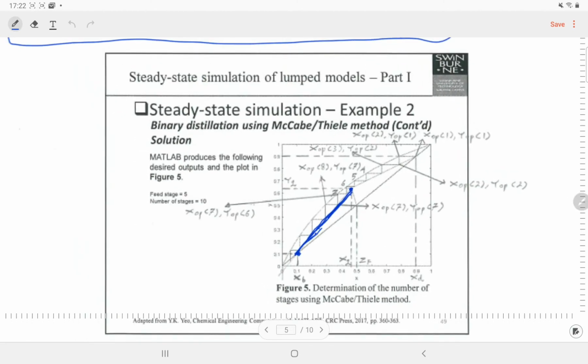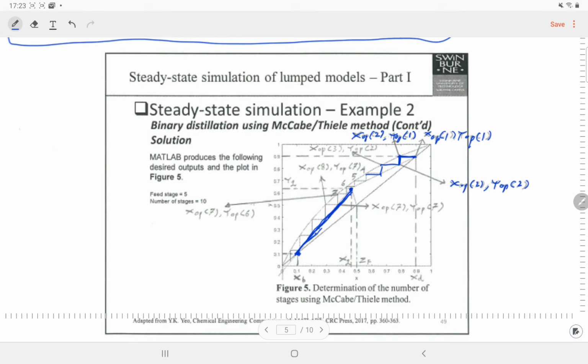So this point here is the xop1, yop1. The horizontal line here is made from this xop1, yop1 to xop2, yop1, whereas the vertical line represents the line taken from xop2, yop1 to xop2, yop2, and so forth.